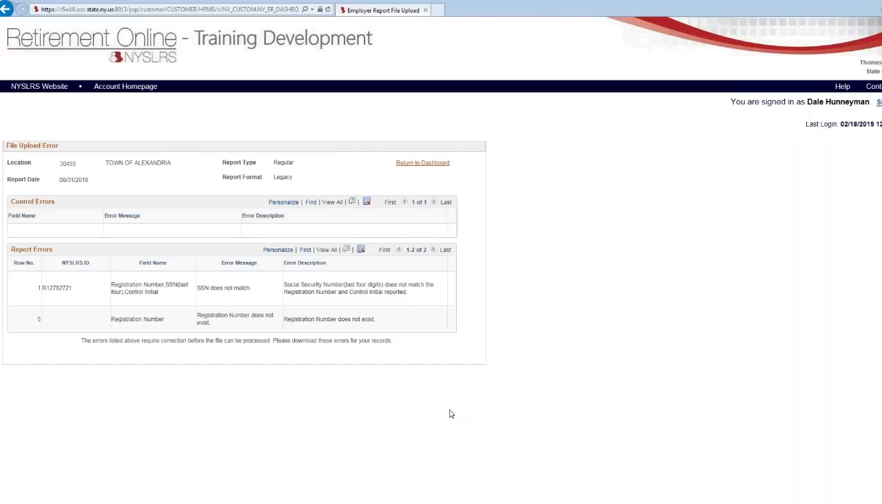You'll notice that it gives us a row number, but for the item where the registration number doesn't match, where the SSN does not match, it also gives us a NYSLRS ID. Now remember, this NYSLRS ID is the new unique identifier that we'll start using. Many of you who are on the legacy reporting will only have that NYSLRS ID available to you,